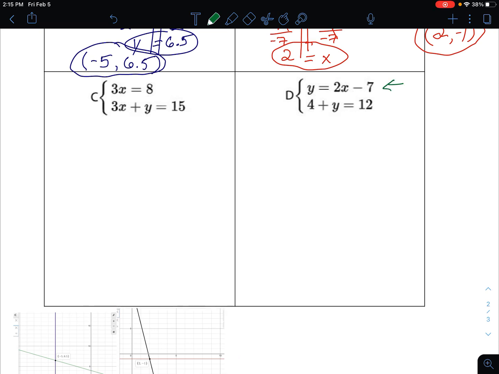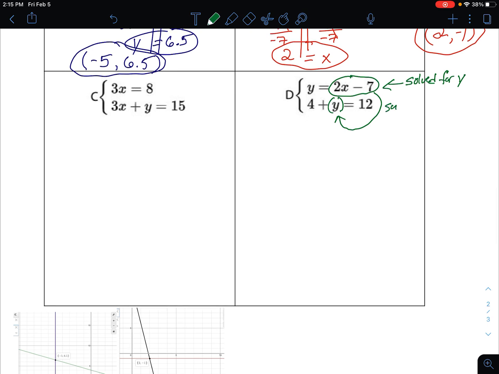Because I notice in D, this equation here is solved for y. It's y equals 2x minus 7. And so if it's solved for y, that means I can take what y is equal to and I can put it in for y in the second equation. So substitute 2x minus 7 for y, because y is equal to that. So I can take that whole 2x minus 7 and put it in for y. And now I have 4 plus 2x minus 7